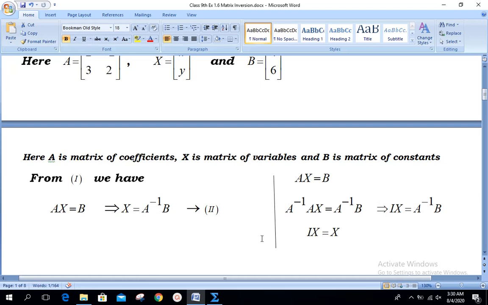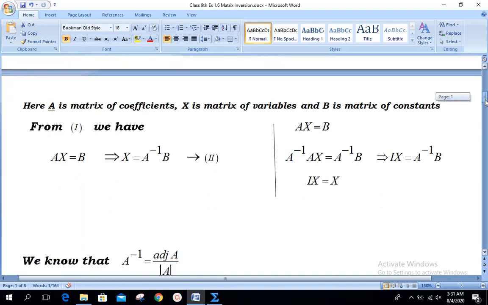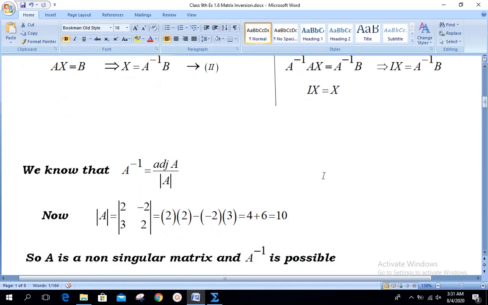Hope this is clear. This is very easy to understand and it is being utilized in the conversion of AX is equal to B implies X is equal to A inverse B. It may also help you in your objectives, because if these two are interchanged, if it is in the frame X into A, then using the same logic you can reach the correct option of the answer. Hope you all understand. Next, we know that the rule for A inverse is adjoint of A over determinant of A. Our first target is to calculate the determinant of A.